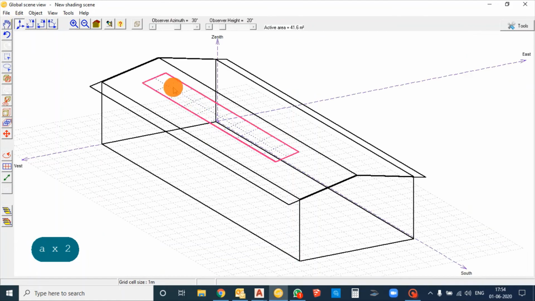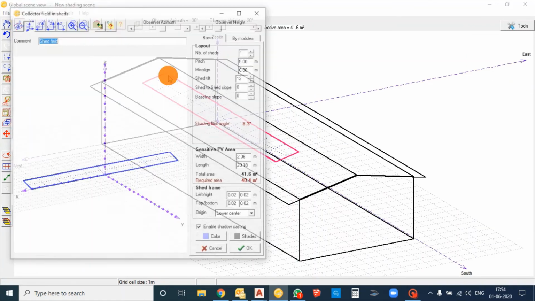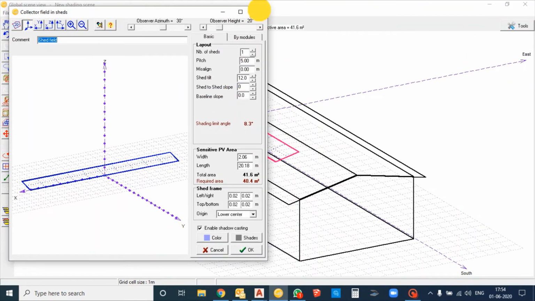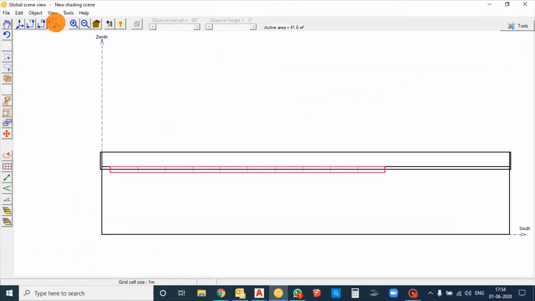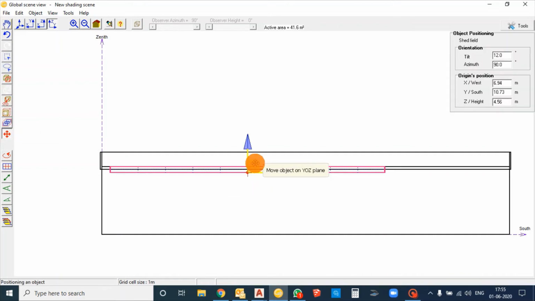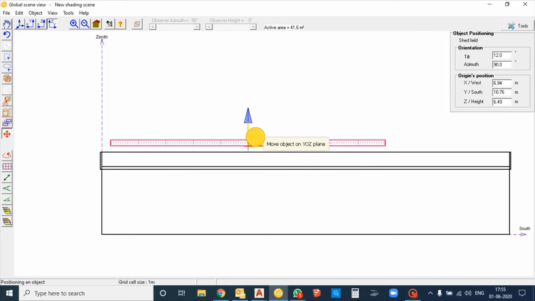Go for module area and click. You have a move option here, position in screen. So just place it above the roof.